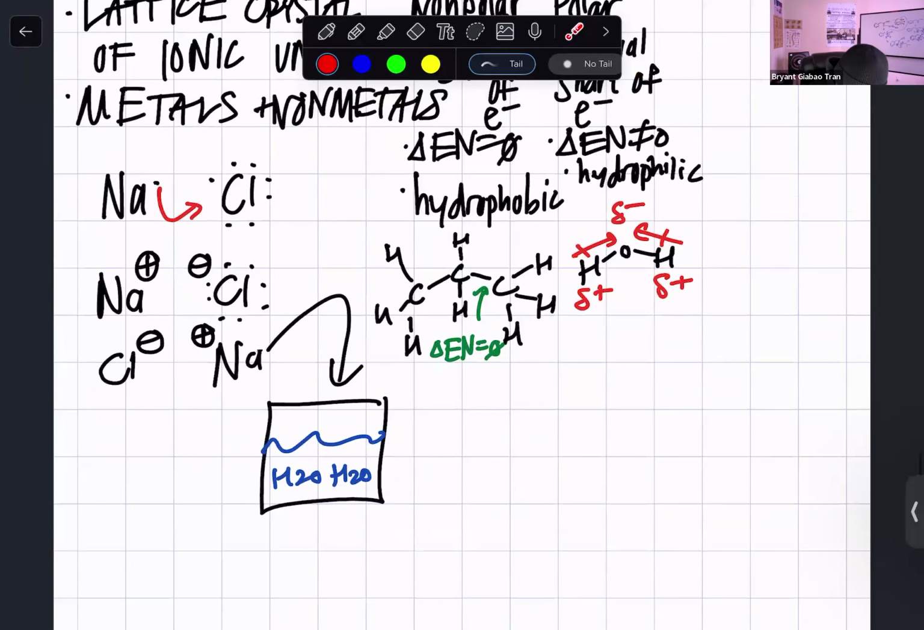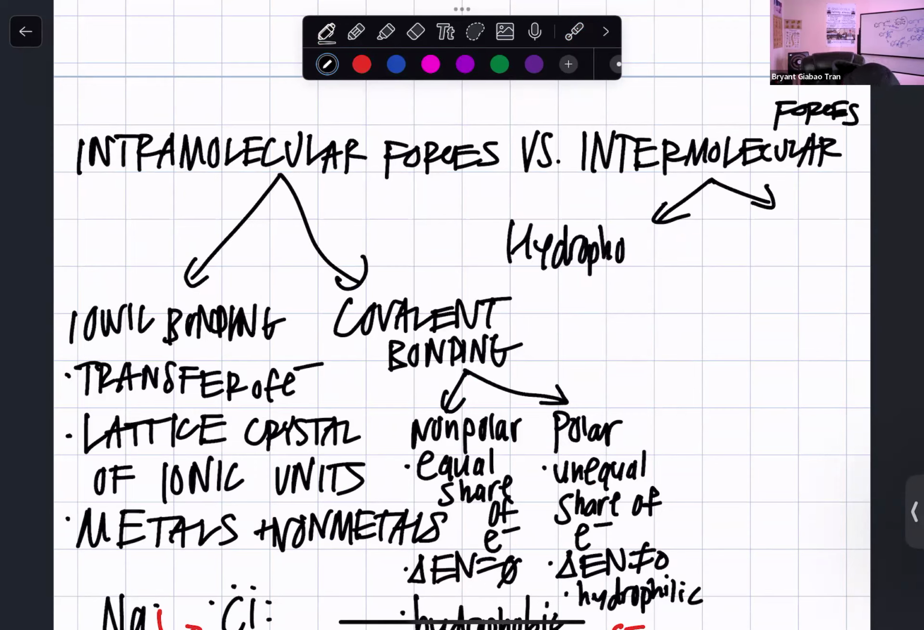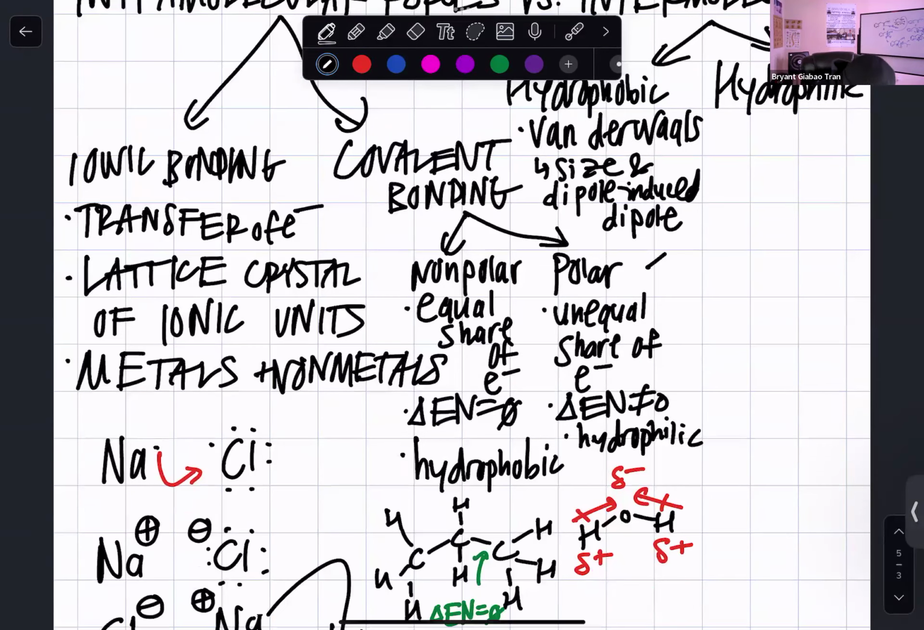Right. So now let's go over intermolecular forces. There are 2 types of intermolecular forces that you can have. You could have hydrophobic intermolecular forces or hydrophilic intermolecular forces. And the hydrophobic intermolecular forces include the van der Waals forces, which is going to talk about size and dipole induced dipole forces, right? Where, for example, let's say we have this molecule,